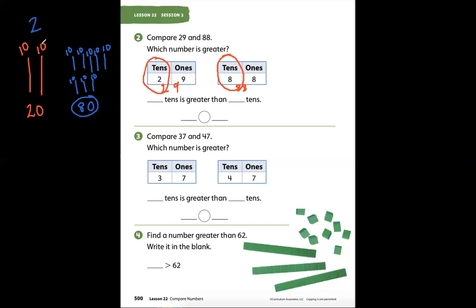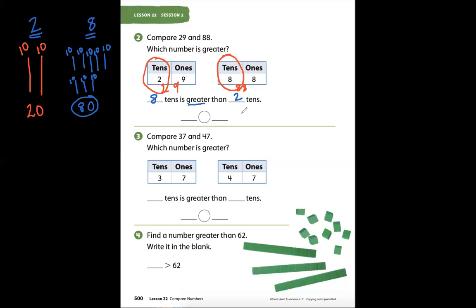How many tens does 20 have in it? It has 2 tens. The value is 20, but there are only 2 tens. How many tens are in 80? 8 tens. The value is not 8. The value is 80. But you are comparing the value of 2 tens and the value of 8 tens. 8 tens is greater than